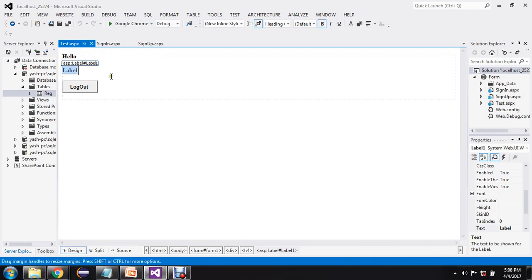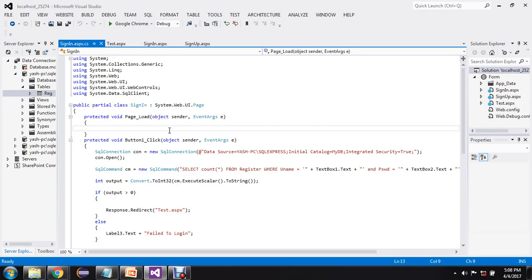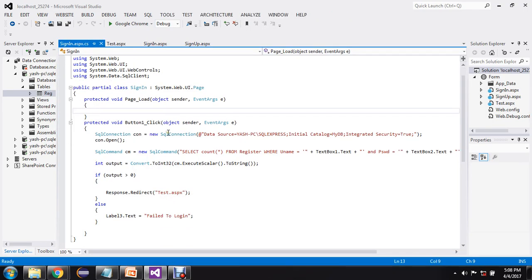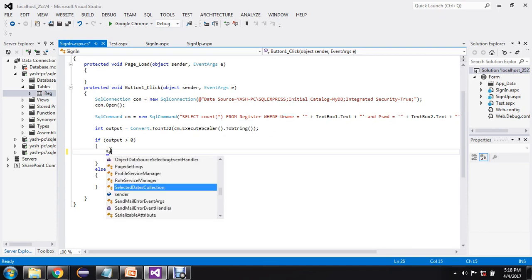In order to do so, double click on this sign in button. I have written the database code on the click of this button. What exactly this code is doing is fetching the data from the database. I want to store the value of username so that it can be displayed on the test.aspx page. So I am going to make use of the session object. The syntax for declaring a session variable is just type Session.